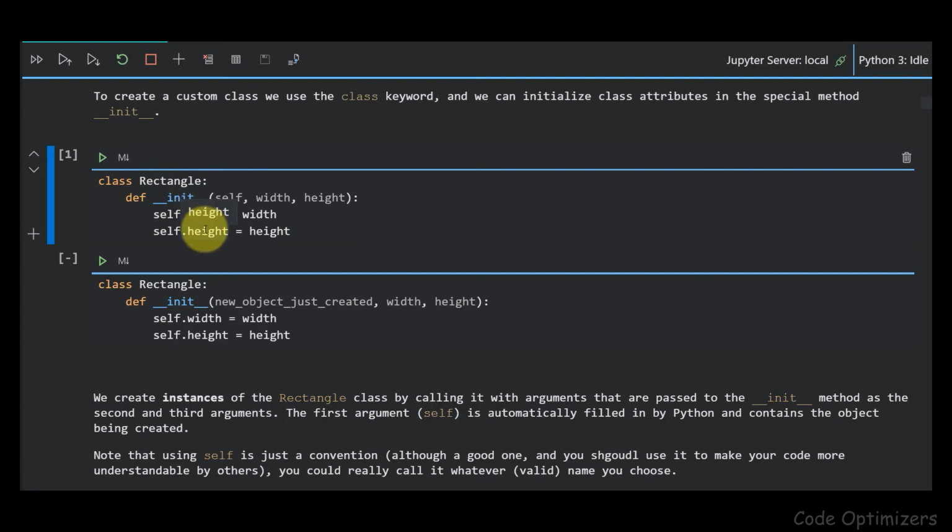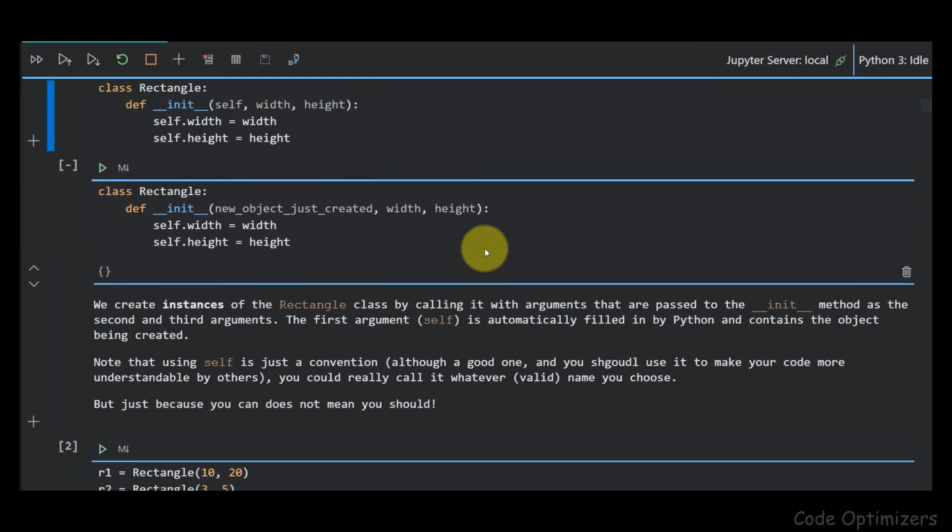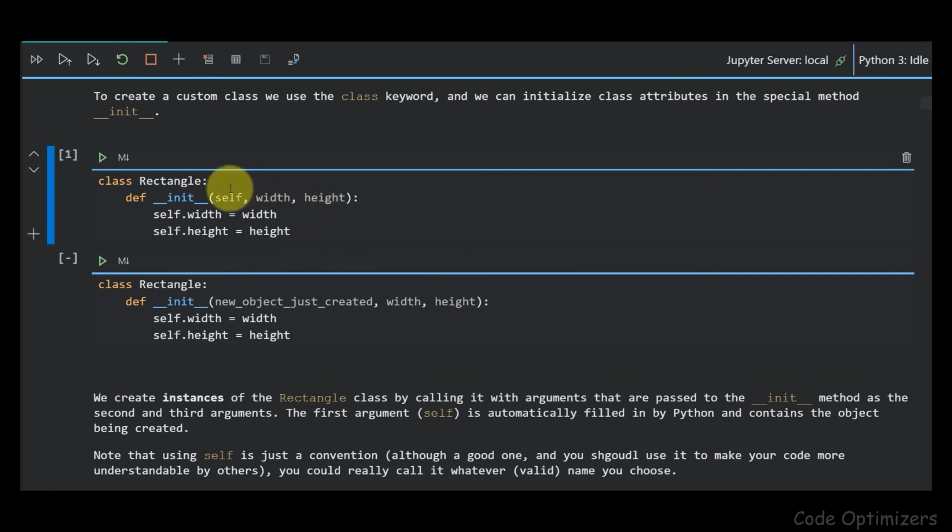In Python, the first argument for any instance method is the object itself. So we can write anything in the place of self. Let's say a new object just created. This can be our first argument, but it's customary that we should use self because everybody knows what that means. The reason behind this is that the code should be readable by others.